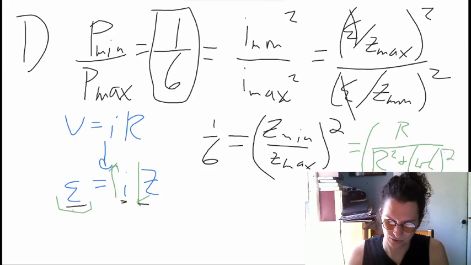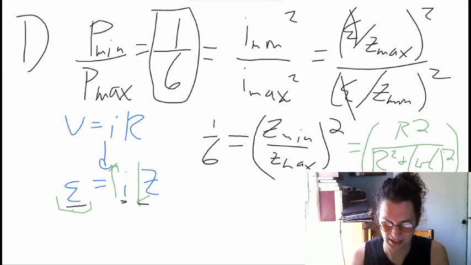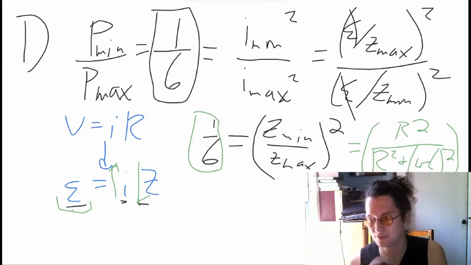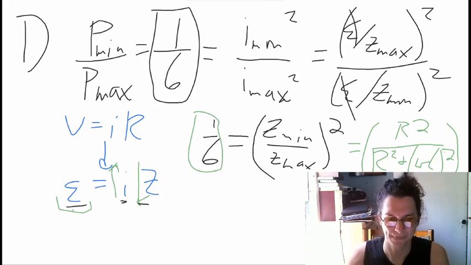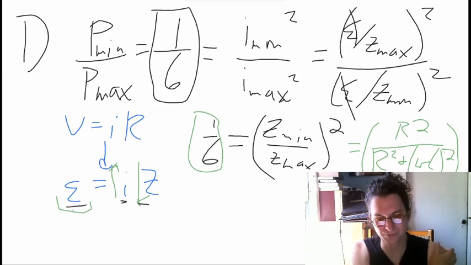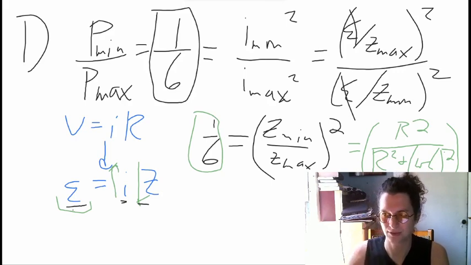And then this whole thing will be under a square root, but then we will ultimately square that square root, so we can just collapse this square onto the R, and that should be good enough to solve right there. And so you just set that equal to 1 over 6. What do we plug in here for all of these variables? We don't have the resistance given immediately, but we do know the RMS voltage, and we know the light bulb has a power given as well. So the resistance for that light bulb,